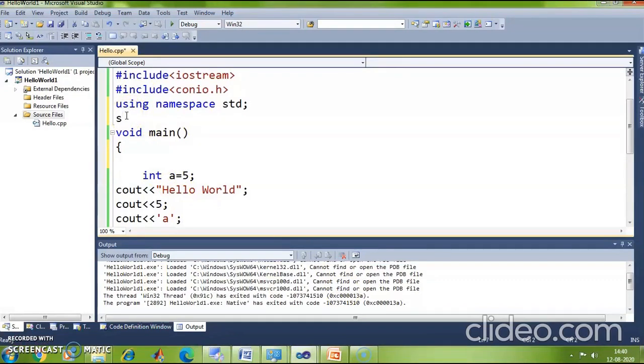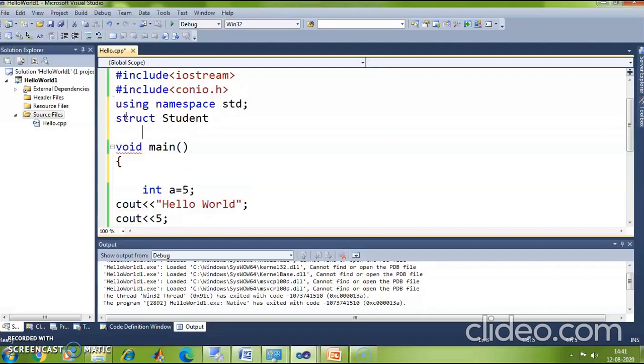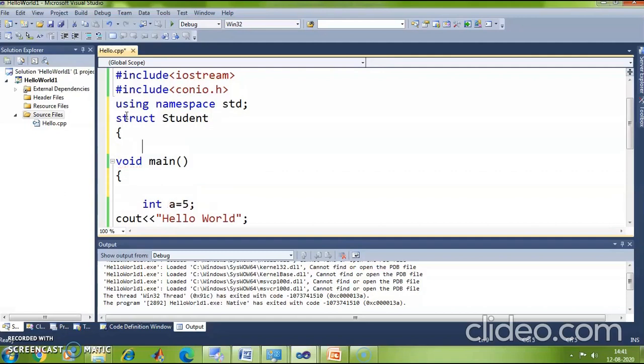So how to create a structure? Just say struct followed by the structure name that you want to create. Okay, so I want to create a structure called student. So I will say struct student, okay, followed by an opening flower bracket indicating the start of the scope of the structure, followed by the data members of this structure.